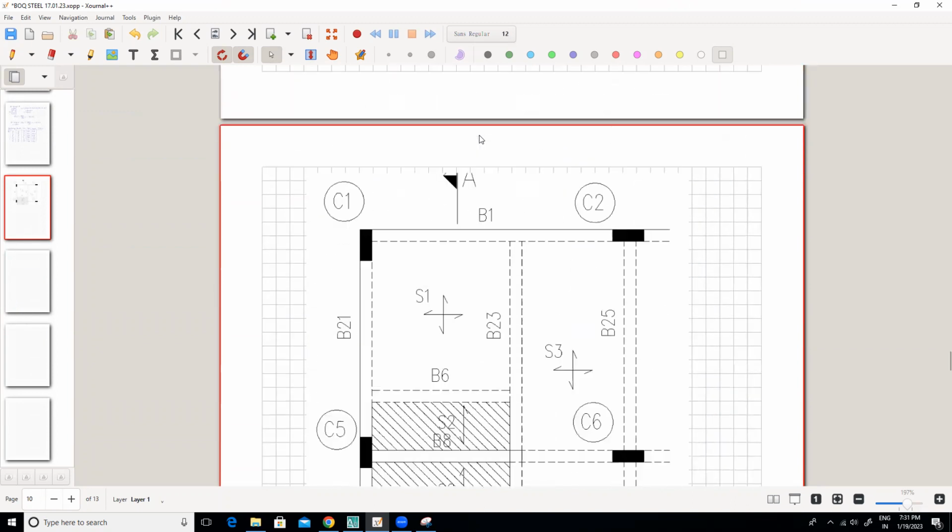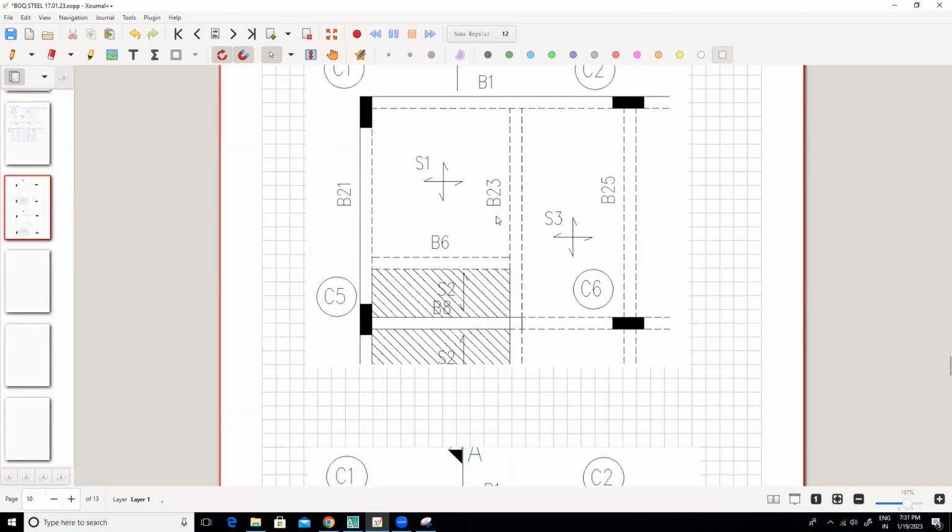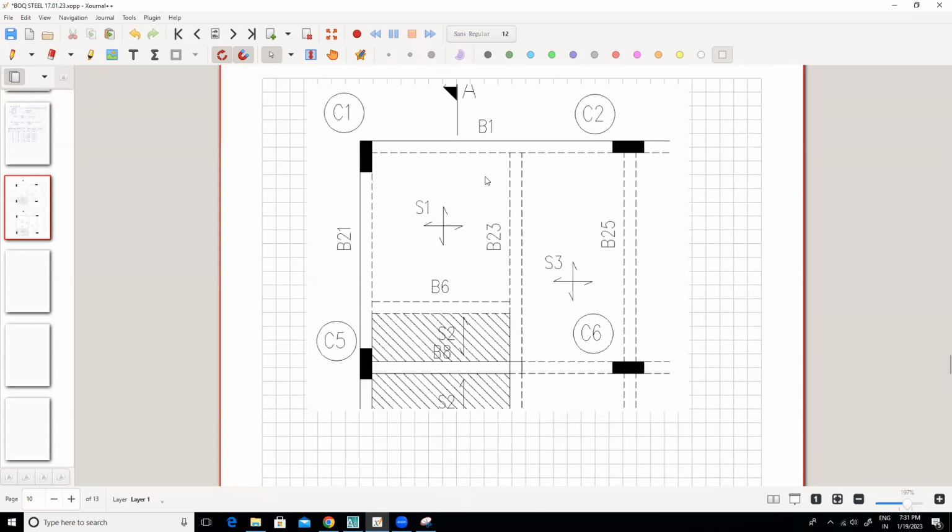Okay. Now, can anybody tell me what kind of slab is this? Is it a continuous slab, simply supported slab, or what else? Where is the continuity? Where is the simply supported condition, the boundary condition? Can anybody tell me this? B23, continuous slab. Yes, 23 is continuous because if you see this,